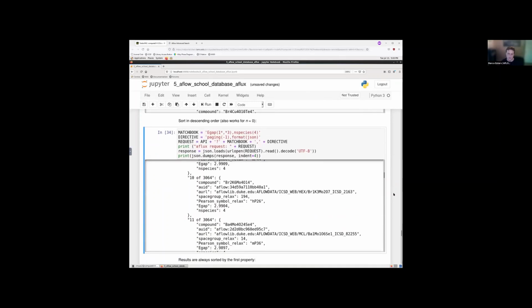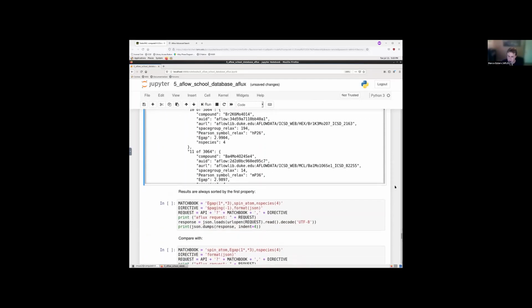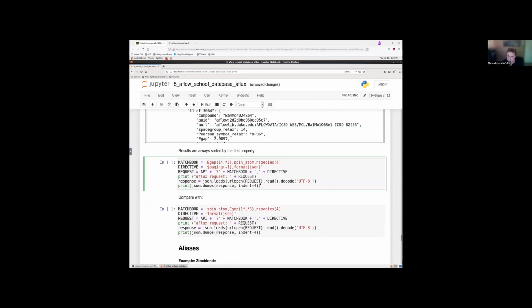And it also works with 0. It might look a little weird if you write paging -0, but it actually works. You can do 0 and -0 to sort. And another thing to keep in mind is that